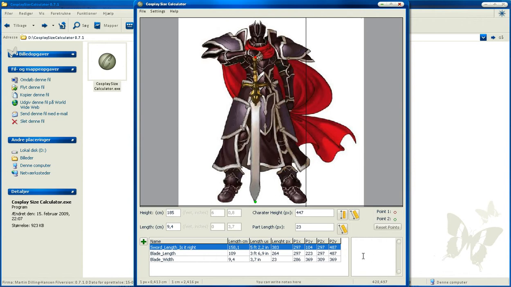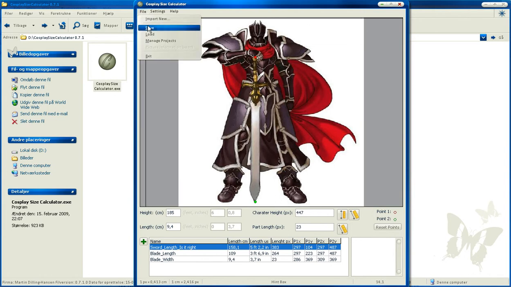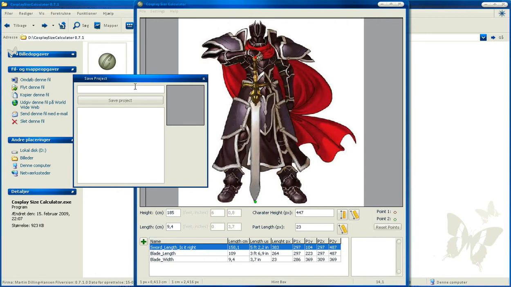And now we can try to save it. Just open File and Save, and then we write a name for it, the Black Knight, and press save project. Now it is saved,